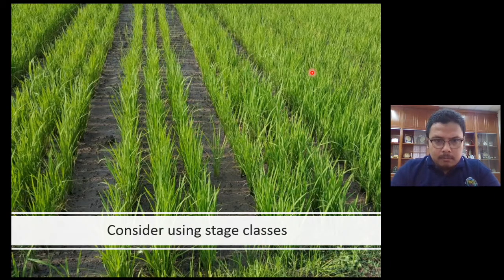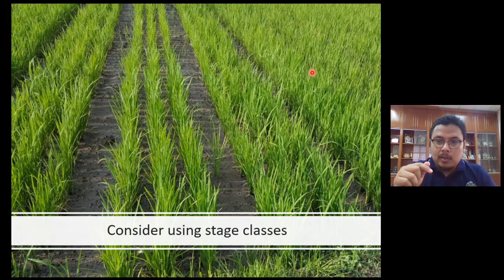In addition to identifying the counting unit, if you are interested in having more meaningful data, you should consider the value of using stage classes such as seedling, non-reproductive, reproductive, etc. Okay, doing counts, so you have different stages: the vegetative stage, the reproductive stage, the seedling stage. You can base your density, or your count, on these different